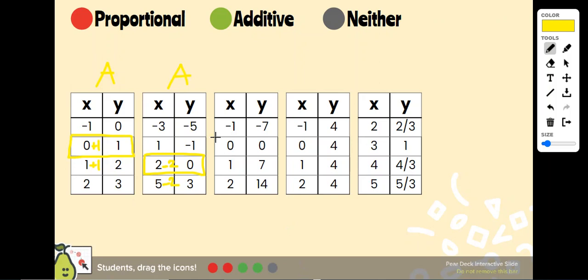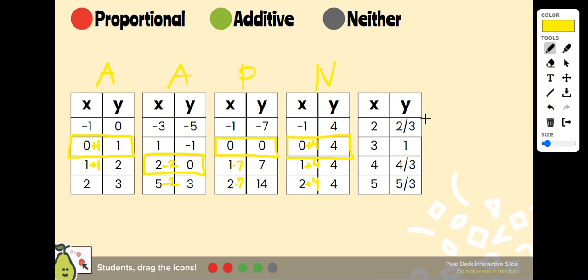In the next table, I have 0, 0, which makes me think it's proportional. So I'm going to check and see, what would I multiply 1 by to get 7? 1 times 7 is 7. 2 times 7 is 14. So this is a proportional table. Here, to get from 0 to 4, I'd be adding 4. But if I try that here, it doesn't give me the same amount. Since there's no other number that would get me from 0 to 4, multiplying or adding, this is neither additive